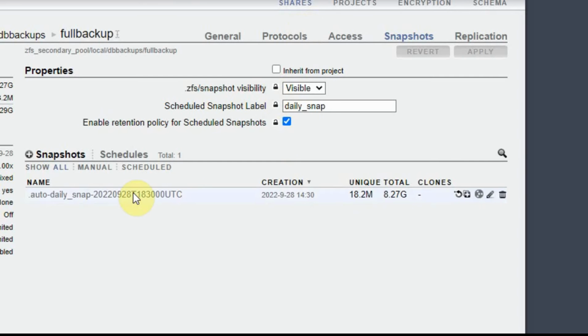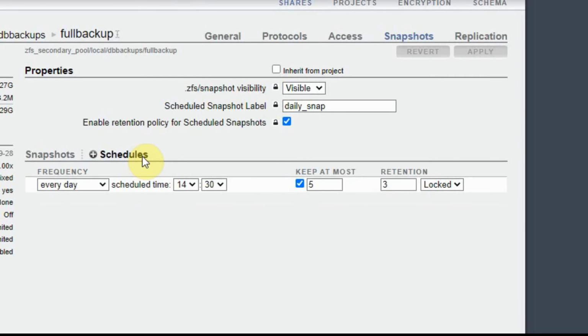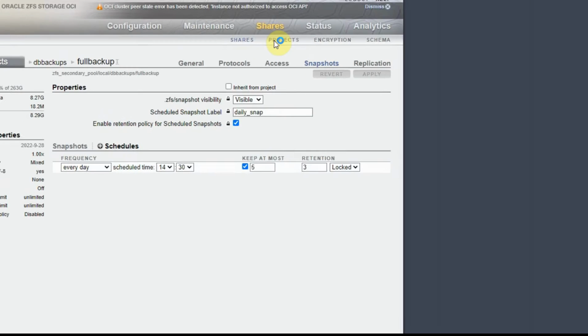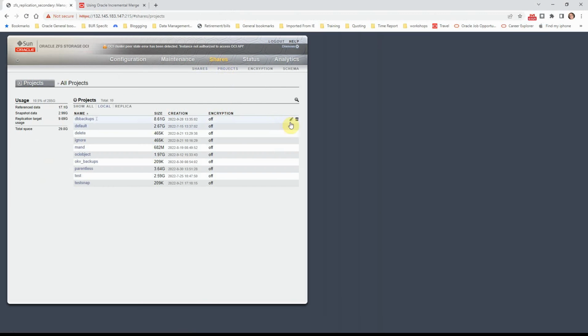So you can see that daily snapshots are created. I am keeping 3 snapshots that are locked, 5 altogether, and then they rotate off and they're automatically deleted. But those 3 snapshots that are locked cannot be removed. So to go back to my project,